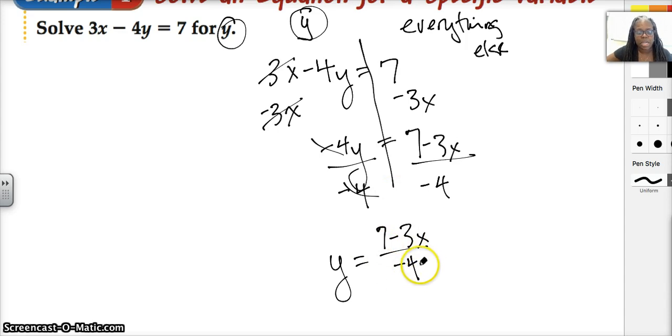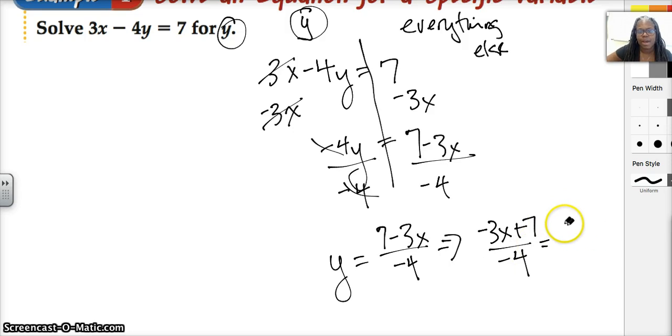One thing we could do to kind of change this around is, and I'm just going to show you equivalent ways of writing this. I can write negative 3x plus 7 over negative 4. Can you see why? Because this is a negative 3x, this is a positive 7, and the negative 4 stays the same. I could also divide everything by that negative 4, so I can write it like this. Now tell me if this makes sense. I have a positive 3x minus 7 over positive 4,